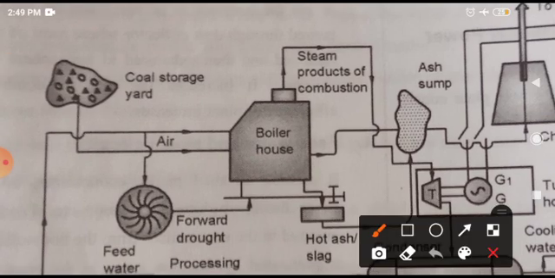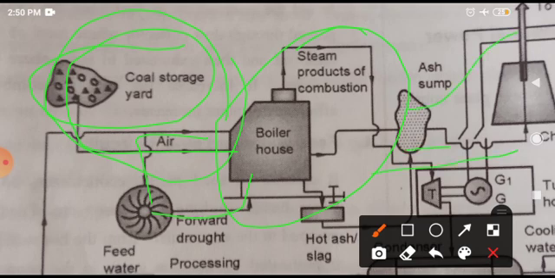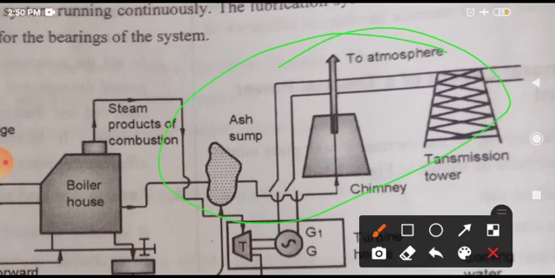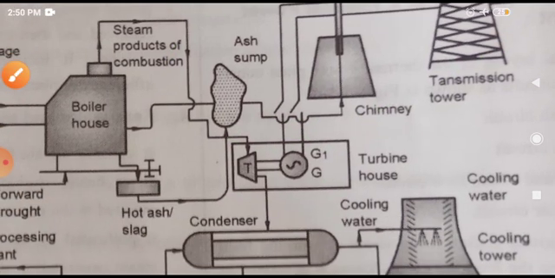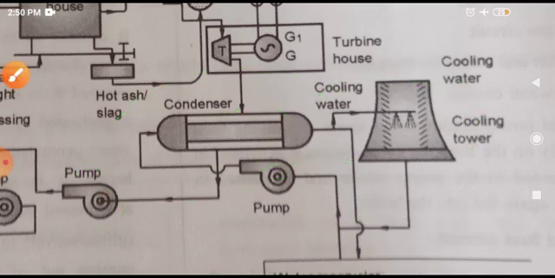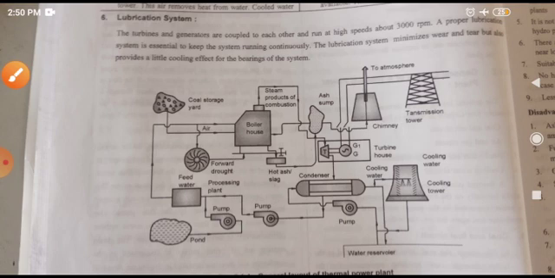Here you can see the coal storage yard, from which coal is supplied to the boiler. Air is also added to it by pulverizing, and so on. This forms the coal handling system, which contains the belt conveyor and so on. Then the boiler house, and the flue gases and exhaust handling system. Now here is the generator, cooling tower, condenser, and these are pumps. See the figure carefully and study it.